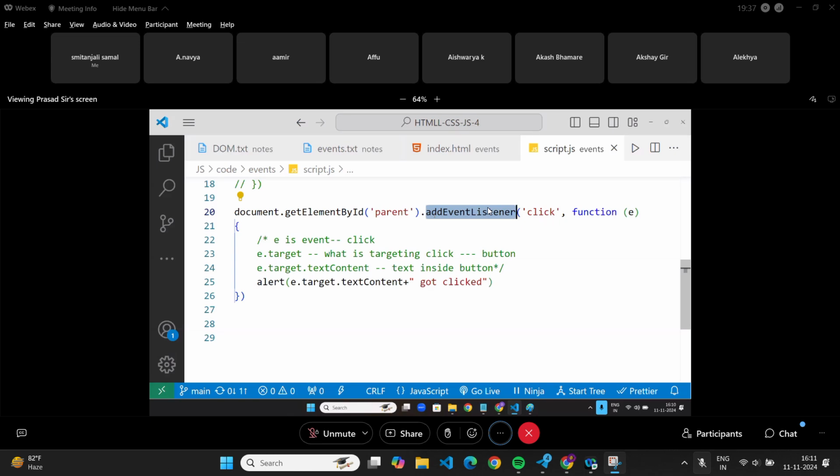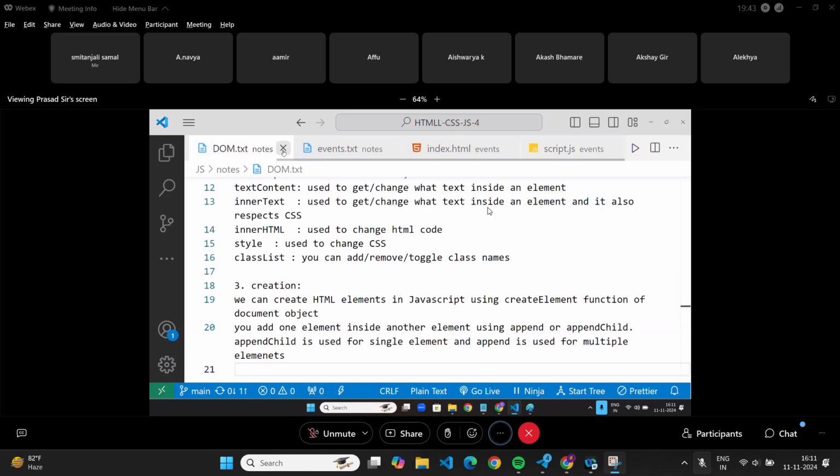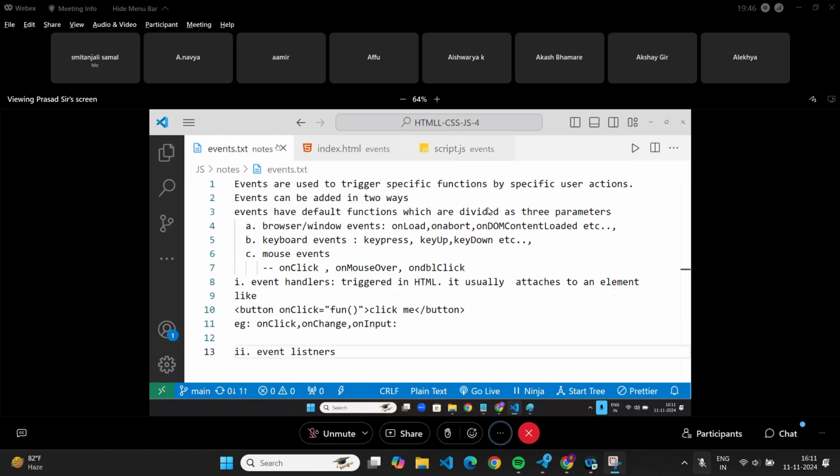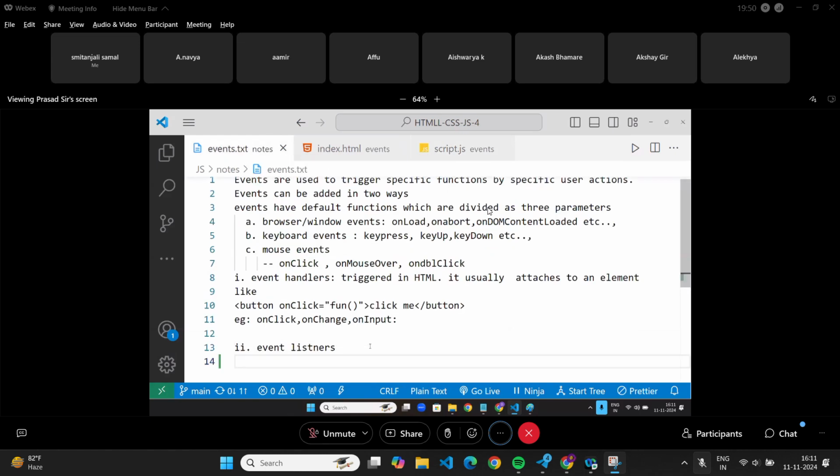Now, let's start our main logic today. Here the events conclude.